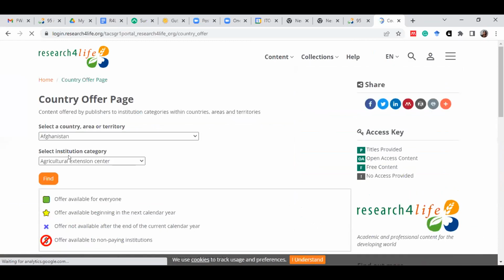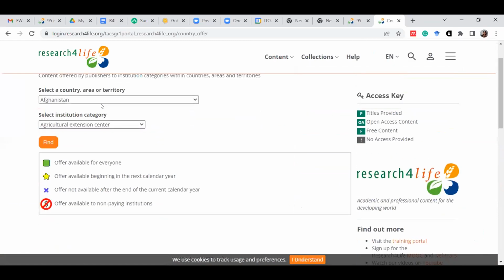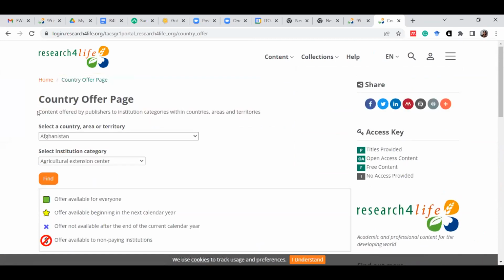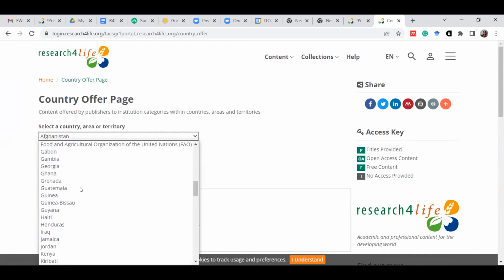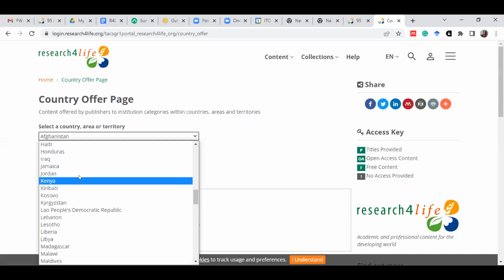Once you click on country offer, you can check your country. This is where you can see the content offered by publishers to your specific institutions in your countries, areas, or territories. You can select a country here. I know someone was asking about Kenya.